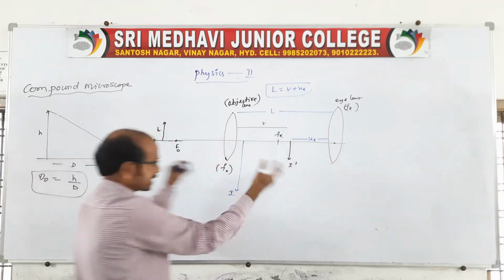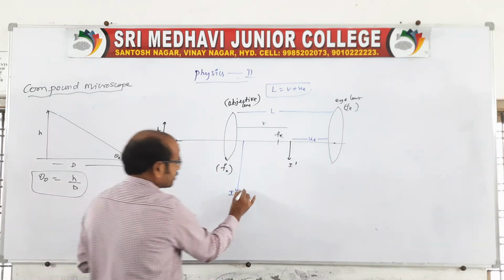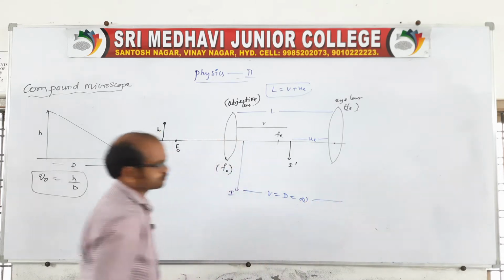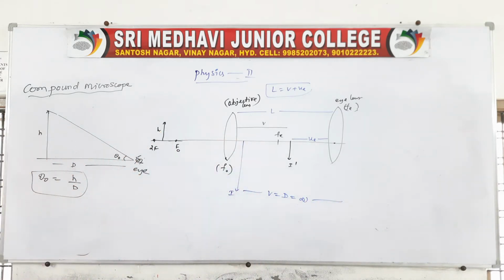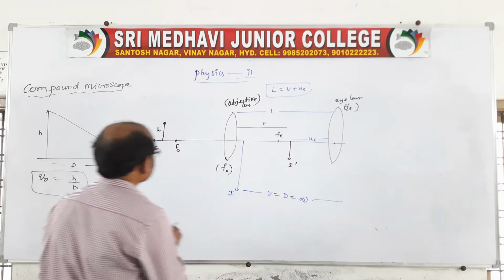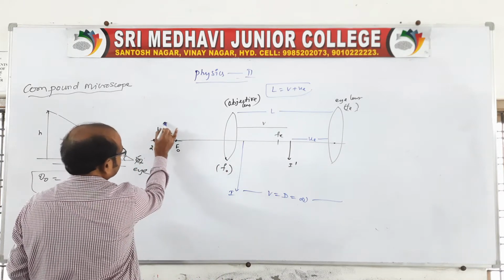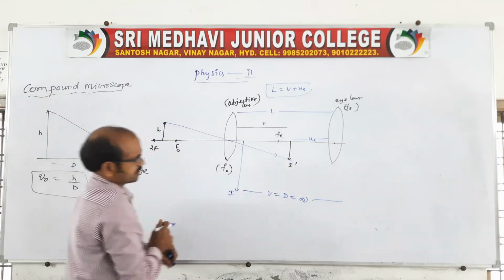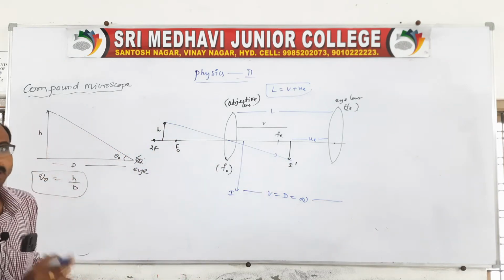So now you draw the rays. The image distance will be V is equal to D, which is infinity, we can say. It is formed by this lens. Now I am giving the ray diagrams. A ray which may be propagated like this, it is passing through the center and the image is formed. Very simple. Don't take a complication.